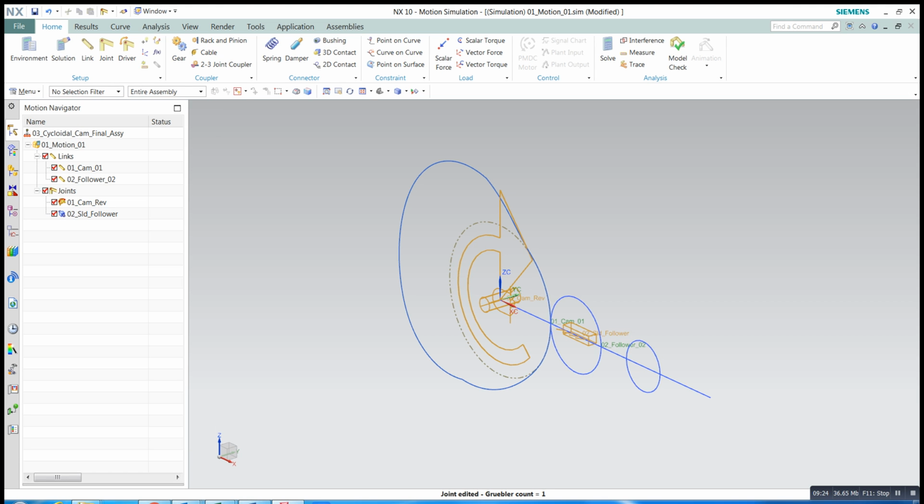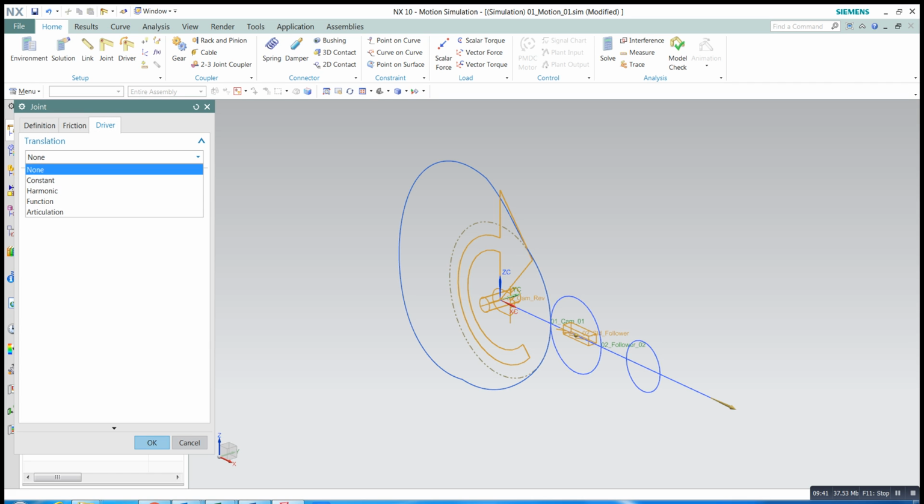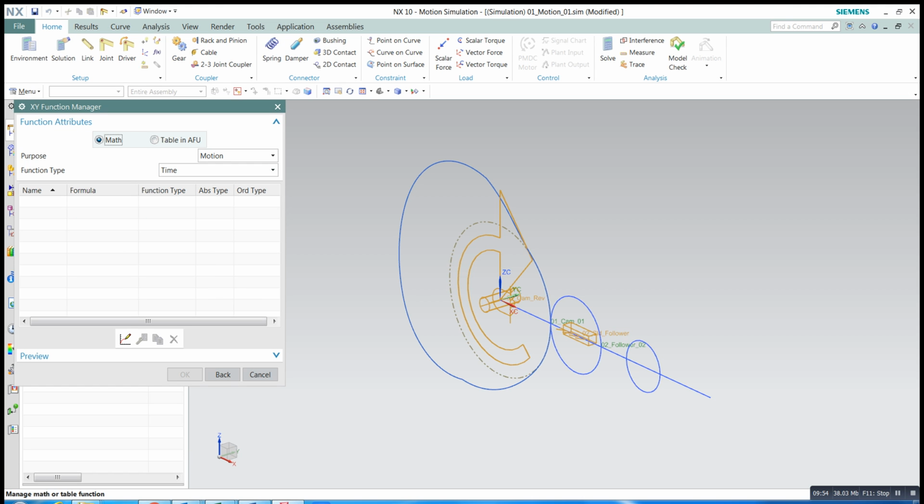so you already have this red changed into the icon, which means that we have an actuator here. Okay, double click on the follower and then go to driver and then go to function, and in function you have to go to function manager on the blue arrow here, and then table in AFU, you select a new one